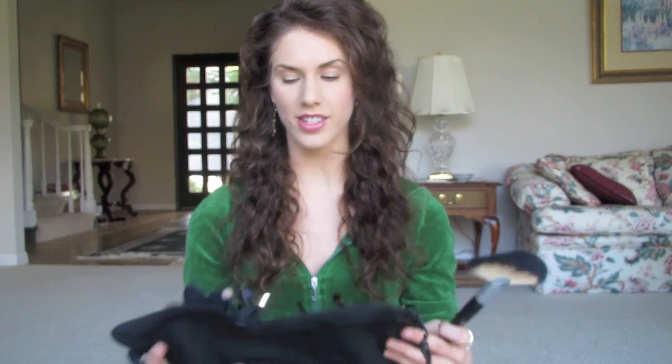One of the biggest differences is that natural brushes hold more powders and more pigments and more product than a synthetic brush. When using a synthetic brush, and you'll have to excuse me, a lot of these are dirty because I've been using them. This is a brush set that I just got that I actually posted to my blogger